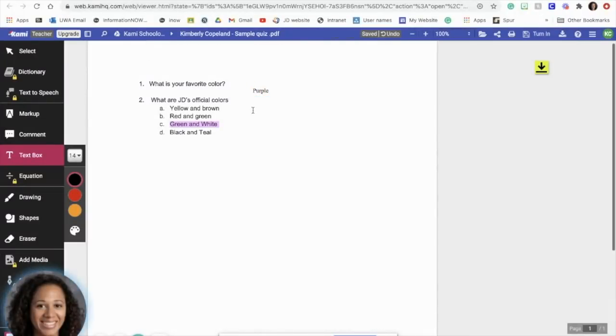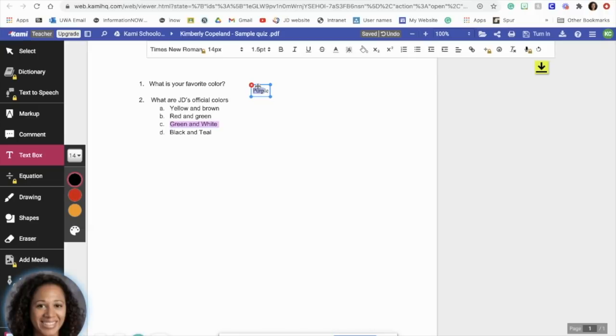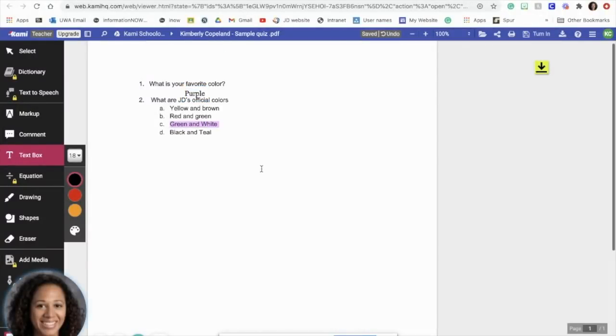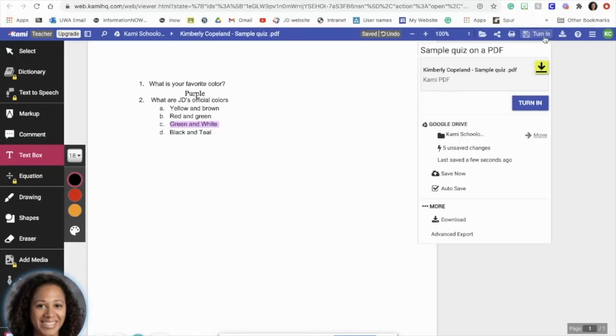And I could say, well, that's kind of far away. I don't want it there. You can actually move it underneath. You can make the text bigger, etc., etc. So it allows you to do all of those things, and then you can actually turn it in